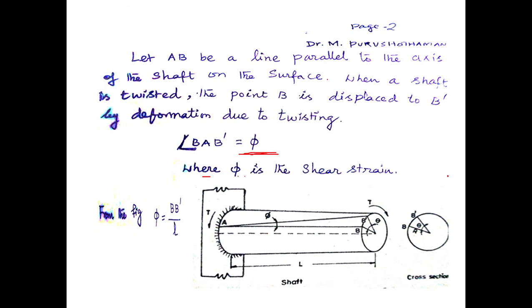Suppose if we consider the cross section, the displacement is denoted by theta. If we consider the surface, we denote the longitudinal displacement as phi, that is shear strain. When we consider the circular section, that is the cross section, the displacement by the angle is denoted by theta. Since the displacement is very small,